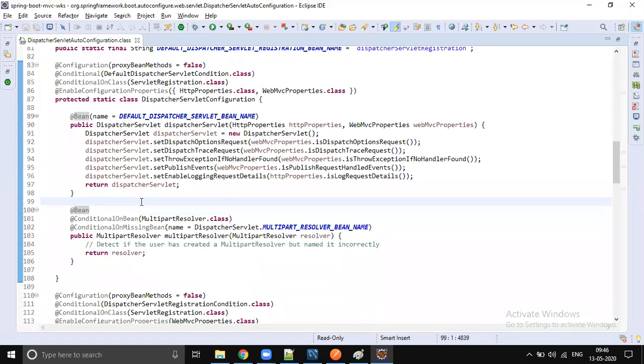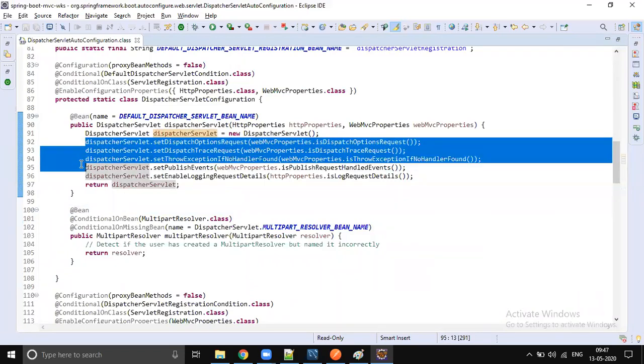Whatever you did a few minutes before, it's done by Spring Boot in a perfect, efficient manner. Whatever we did is not a fully equipped Spring MVC, but when it comes to Spring Boot, it's fully equipped. It takes care of so many things. So many options are configured by default, and for your application there is one servlet configured by default by Spring Boot. It's the same servlet, the dispatcher servlet. Instead of you doing that configuration, it's going to be taken care of by Spring Boot.